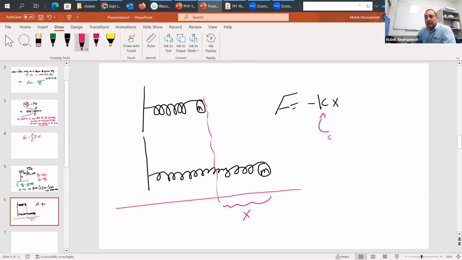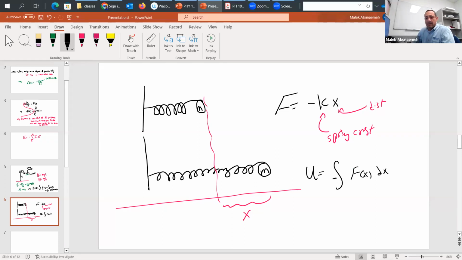K, that's your spring constant. X, that's your distance or displacement that you went in. Having to solve this for your potential energy, which is going to equal minus the integral of F of x dx,